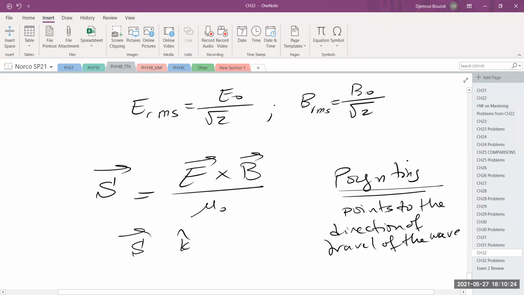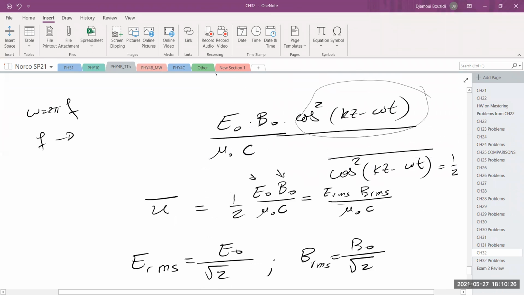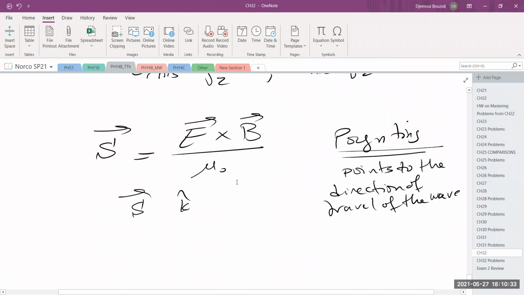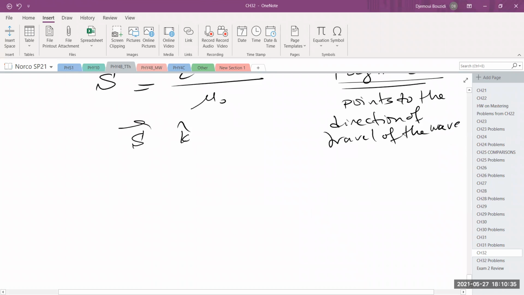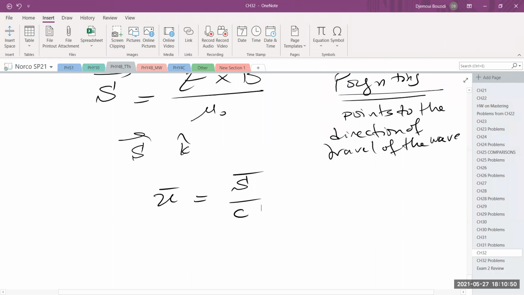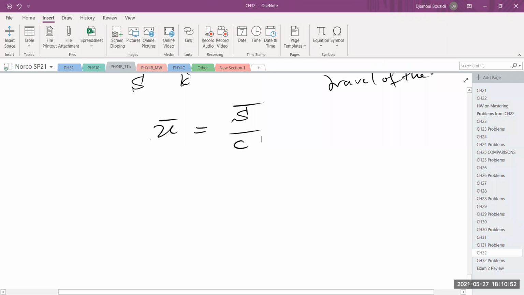Furthermore, its magnitude, you can clearly see, has to do with the energy density. Its magnitude is the energy density divided by C. So the energy is S on average divided by C. In other words, this vector has a lot of properties in here. As a matter of fact, let me talk about the energy first in here. Since we know that